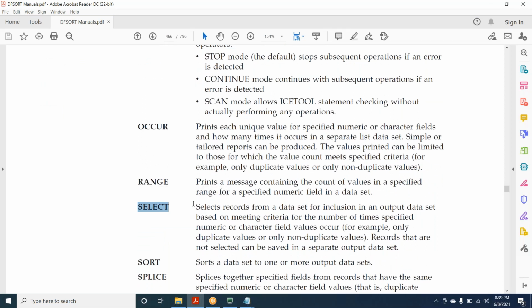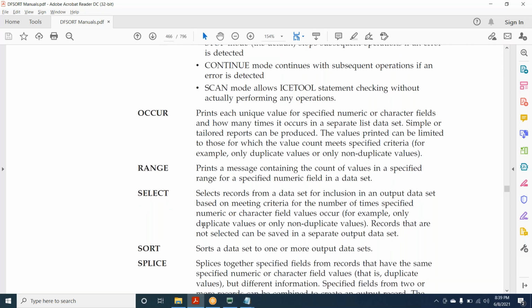So we can copy whatever the select is filtering to the output file. For example, you may want to copy only unique records, only duplicate records, or only records that don't contain more than one occurrence. How you want to copy, we can do with select.